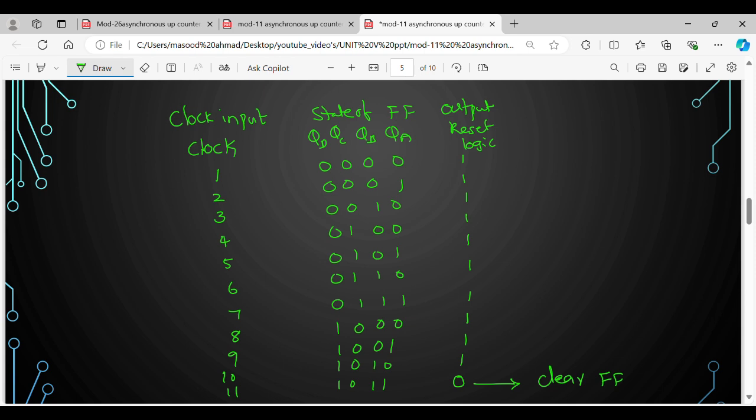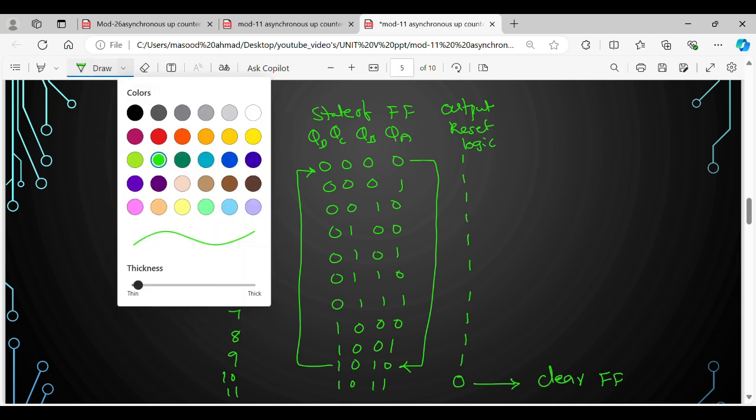That means what is happening? You are starting from 1 and you are moving through up to 1010. Then from 1010 you are going to 000. So it is cycle stop. That means it comes like this. How it will be? So it will come